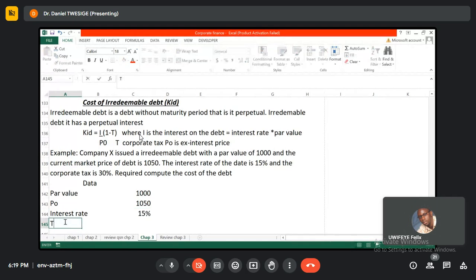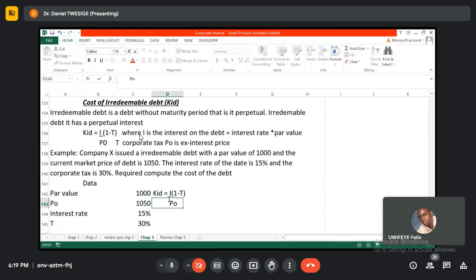I have tax T, which is 30%. So if I can put my formula here, this is a cost of a debt that is irredeemable, because I have not been given the maturity period. So my Kd is equal to interest times (1 minus T),